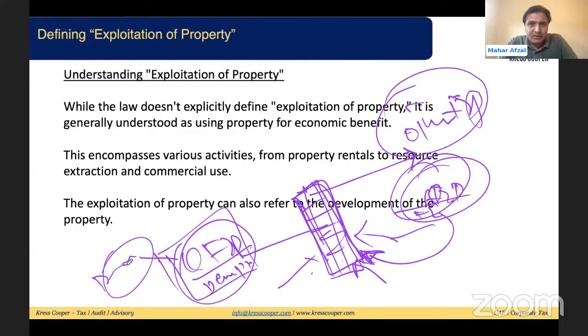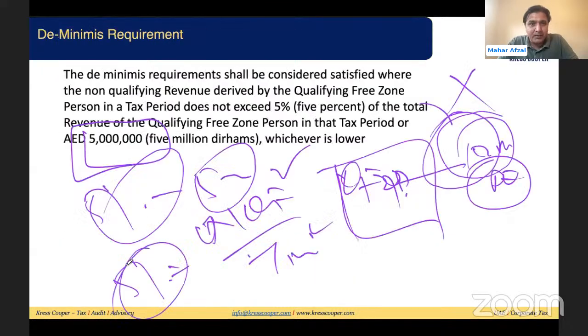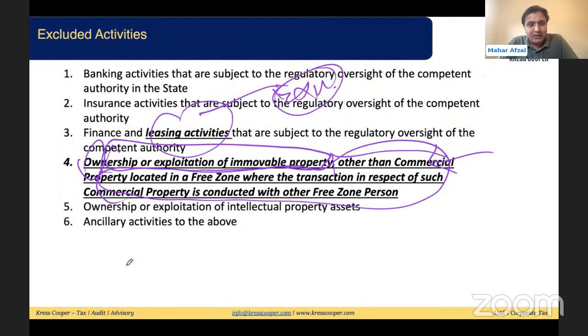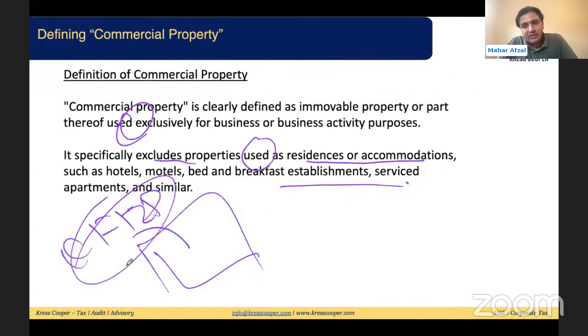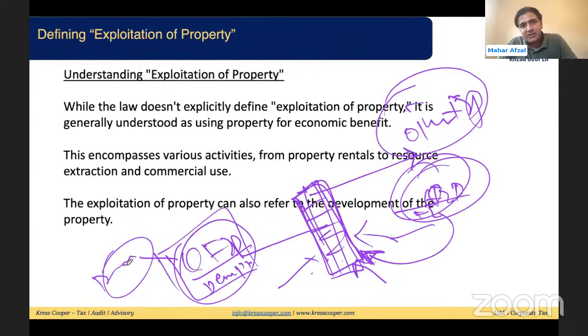The law is asking, these are excluded activities: ownership and exploitation of immovable property. Exploitation of immovable property is an excluded activity. If this subcontractor is giving services to another free zone person, and they are generating income related to immovable property within the free zone, will it be considered qualifying income, or will it fall under the definition of